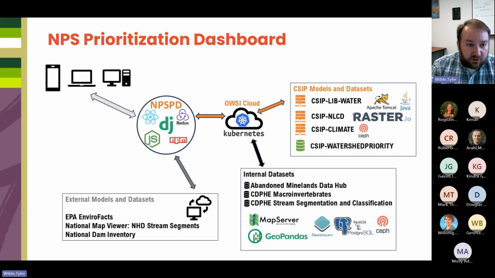You get access to the non-point source prioritization dashboard. That is a web interface that's a mix of Django, React, and Redux that renders websites. To those of you that care about what's behind the scenes, there's actually a number of different resources that we have. This summary is specific to this tool, both internal and external to us, and then some calculation engines on top